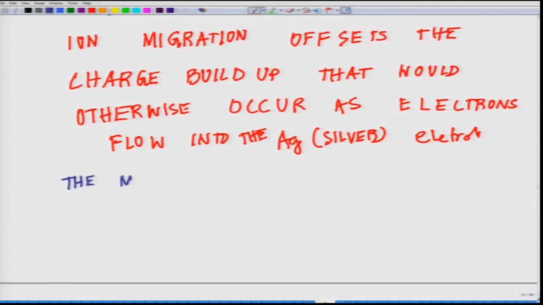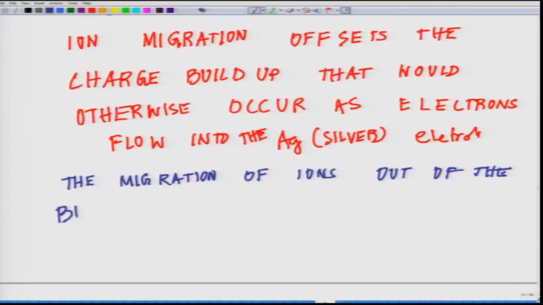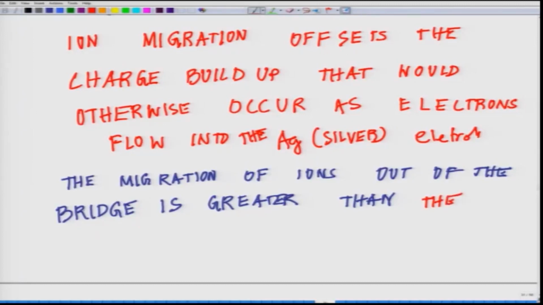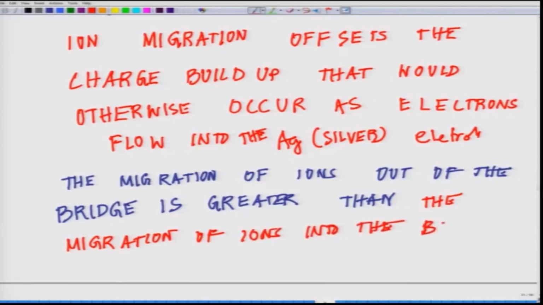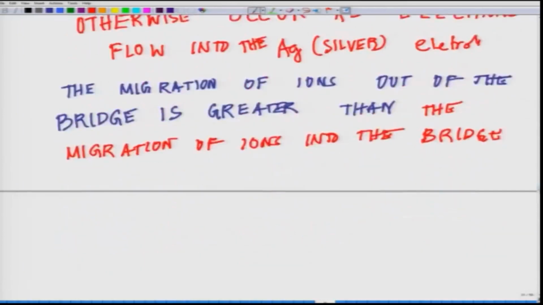The migration of ions out of the bridge is greater than, keep in mind, the migration of ions into the bridge, or the salt bridge here,